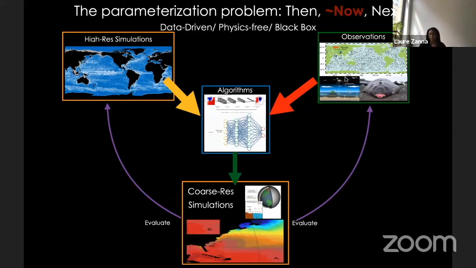We also have a lot more observations than we had before, especially in the oceans. We get data from satellite altimetry. We have floats called Argo that profile the ocean down to 2 kilometer depth, which gives us a wealth of new information. And we have some creative ways to use elephant seals that can dive at high latitude underneath the ice.